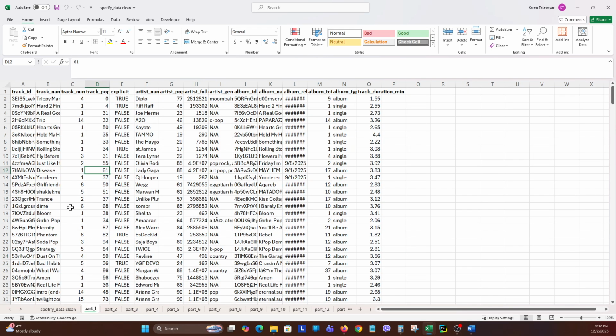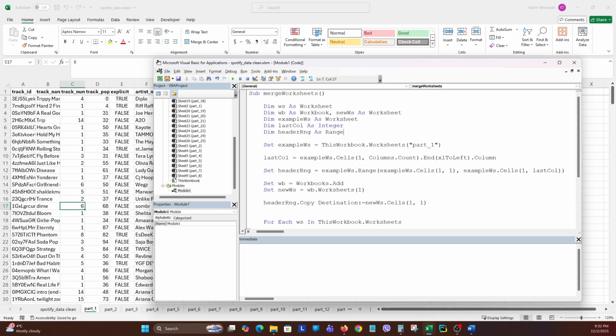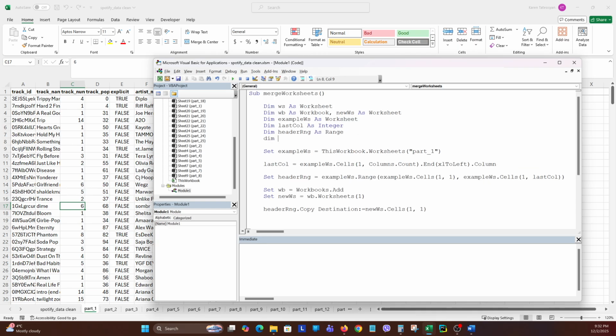So we will need to find this first. And therefore I will add yet another variable, which I will call last row as long. And we will also need another variable. And there are many ways to do this. Maybe we can do this without a variable, but I think it's gonna be more understandable if we